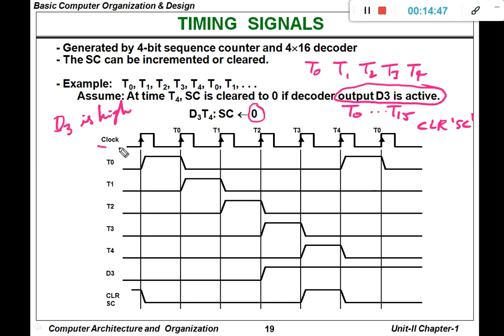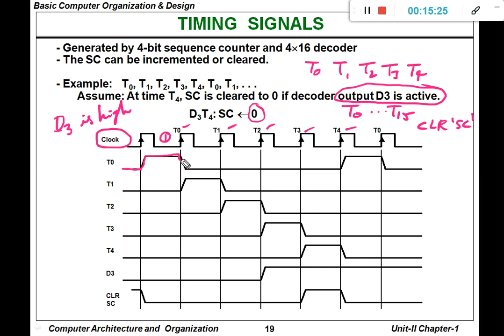So here we can see the clock which is going to generate pulses: T0, T1, T2, T3, T4. So these clock pulses are generated. Clock pulses keep on being generated like this. However, during each clock pulse, which operation needs to be performed is very, very important. Assume that the T0 signal is generated, and in the first clock cycle,